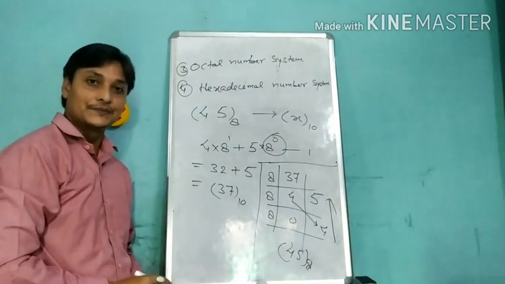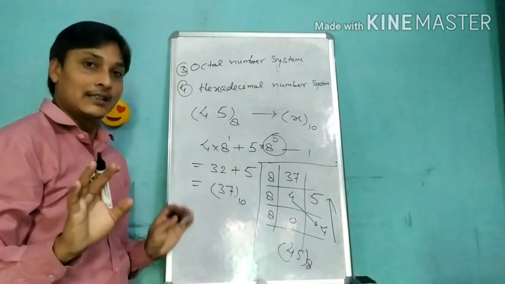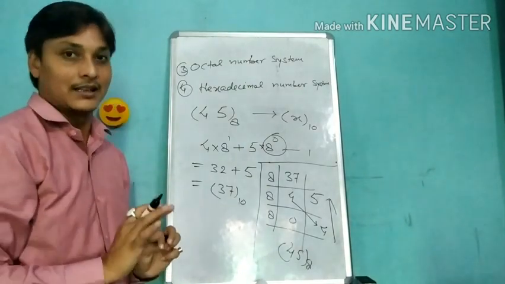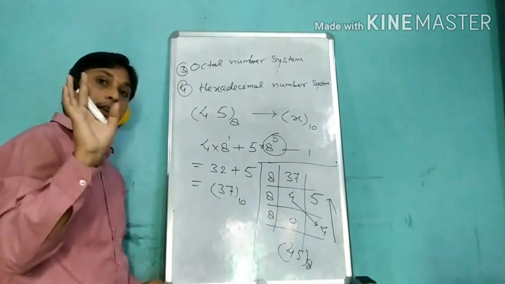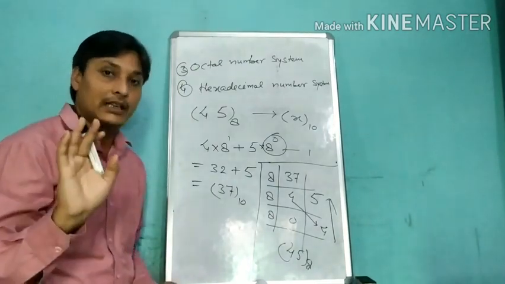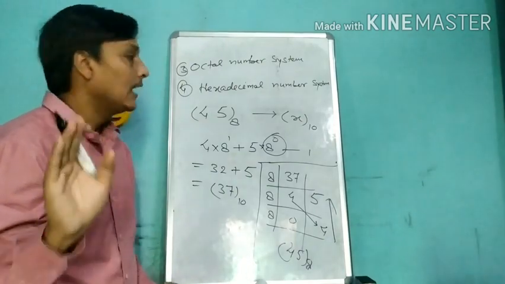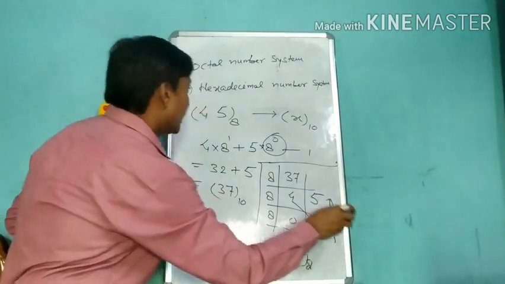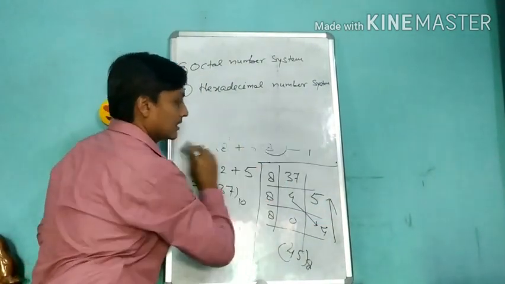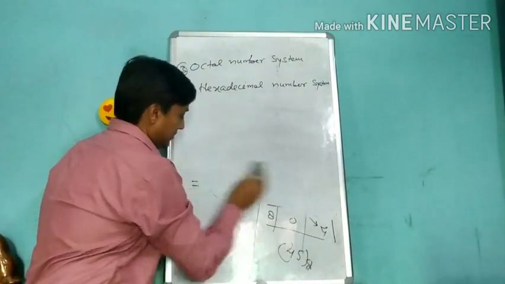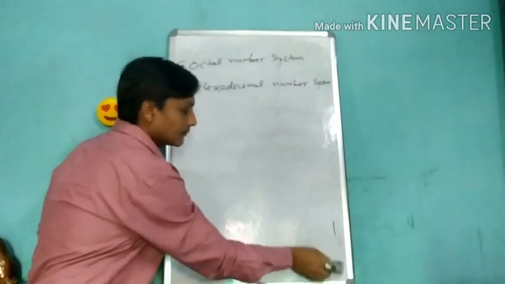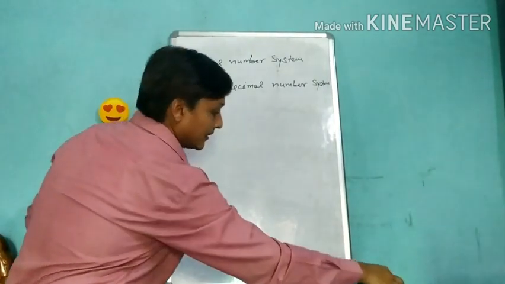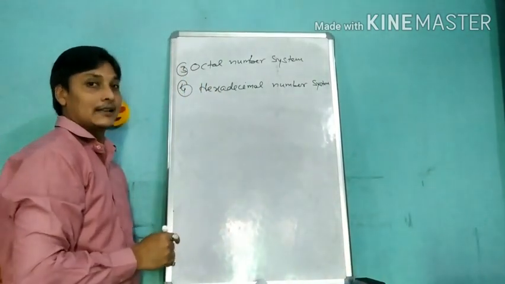Is that clear? So I hope you have got the details about octal to decimal and decimal to octal. Never forget, in the octal number system, the numbers will come between 0 to 7 and the base will always be 8. Is that clear, student? Now we will discuss the last number system, that is your hexadecimal number system. And don't forget to go through the practice. You will have to do more and more practice.